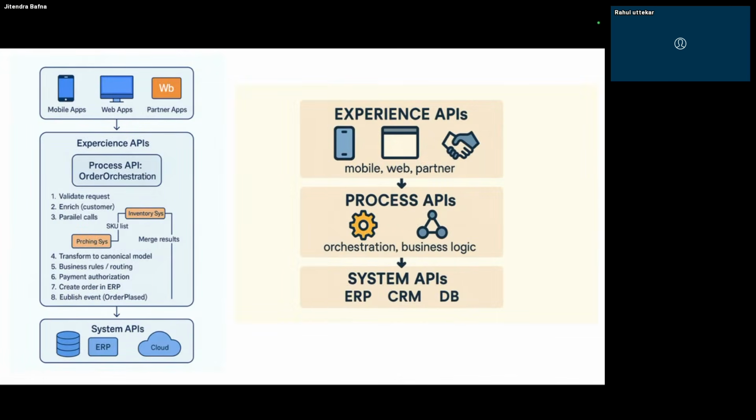So we were talking about the system API and the service API. You were explaining the experience API. The experience API has some limitations, but the service API you can use. No, you are talking about the system API, right? I am getting confused here. So you are talking about system API or service? There is no service API. You have experience API, process API, system API.